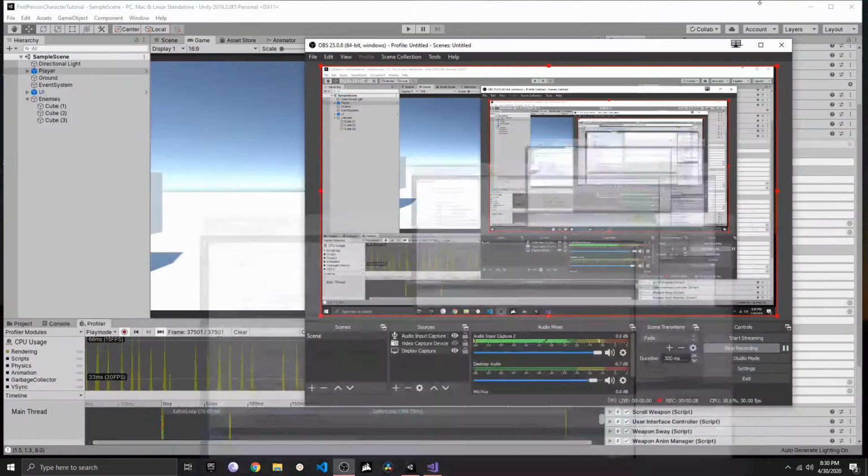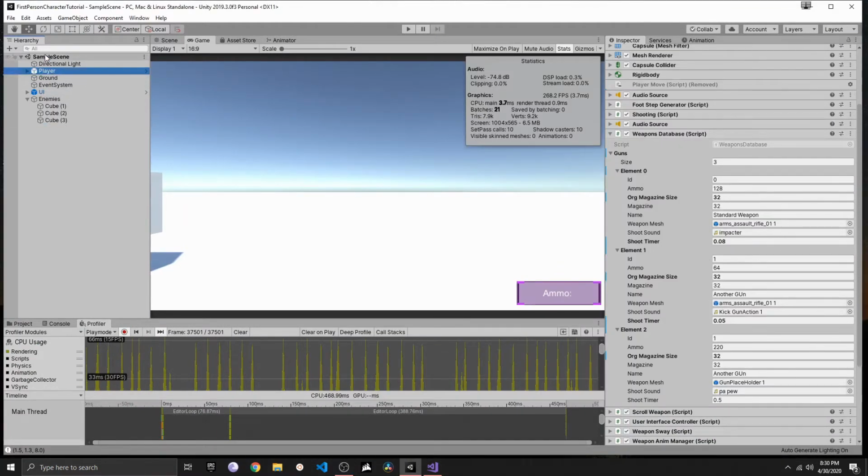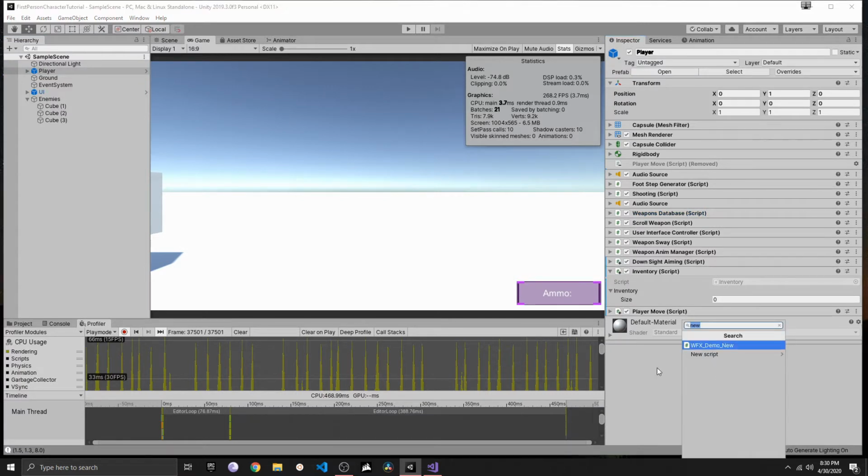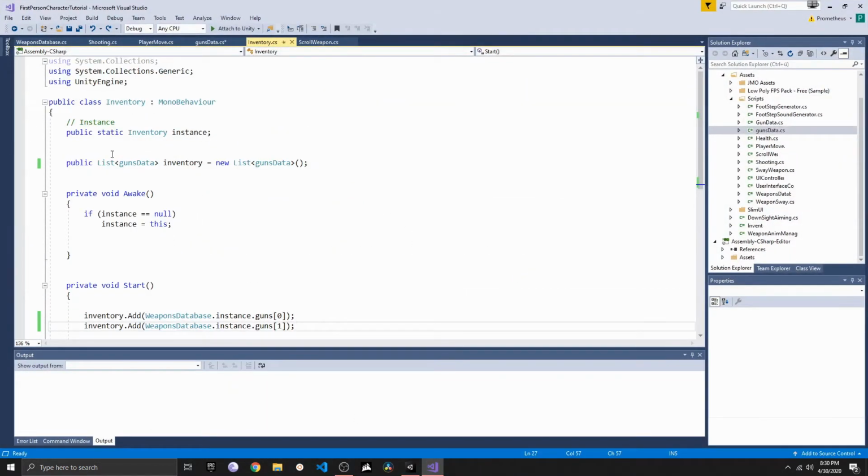The next thing you need to do, once you have retyped that, is to head over to your player. Here inside the hierarchy, select the player, click on add component, new script, and then create a new script called inventory. I already did that, and I will explain everything that I have added to the script. So the first thing I did was to create a public static inventory called instance, and then I also added the private function called awake, and here I said if instance is set to null, well, then set the instance to this. And I will explain instances in just a moment,